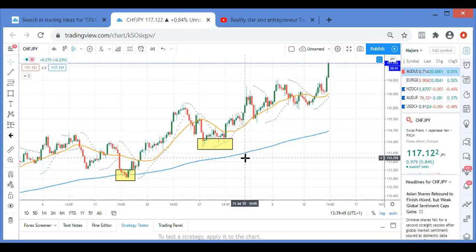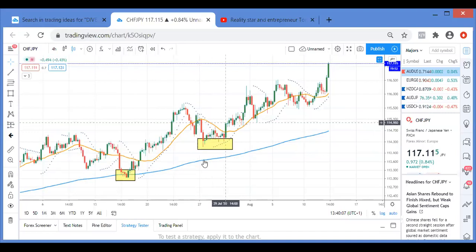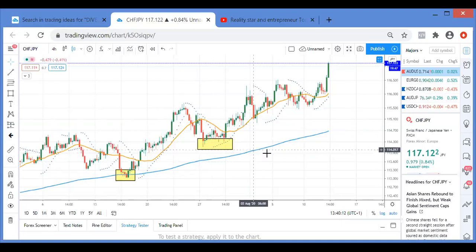Sorry, mind my language, but I'm just so passionate about this, man. This is simple. Trust me. Listen, when the market is above the 200 moving average, you are not looking for sales at all. You are only looking for buys, because if you try and sell above this 200 moving average, you are counter trend trading. That's a gamble, man.